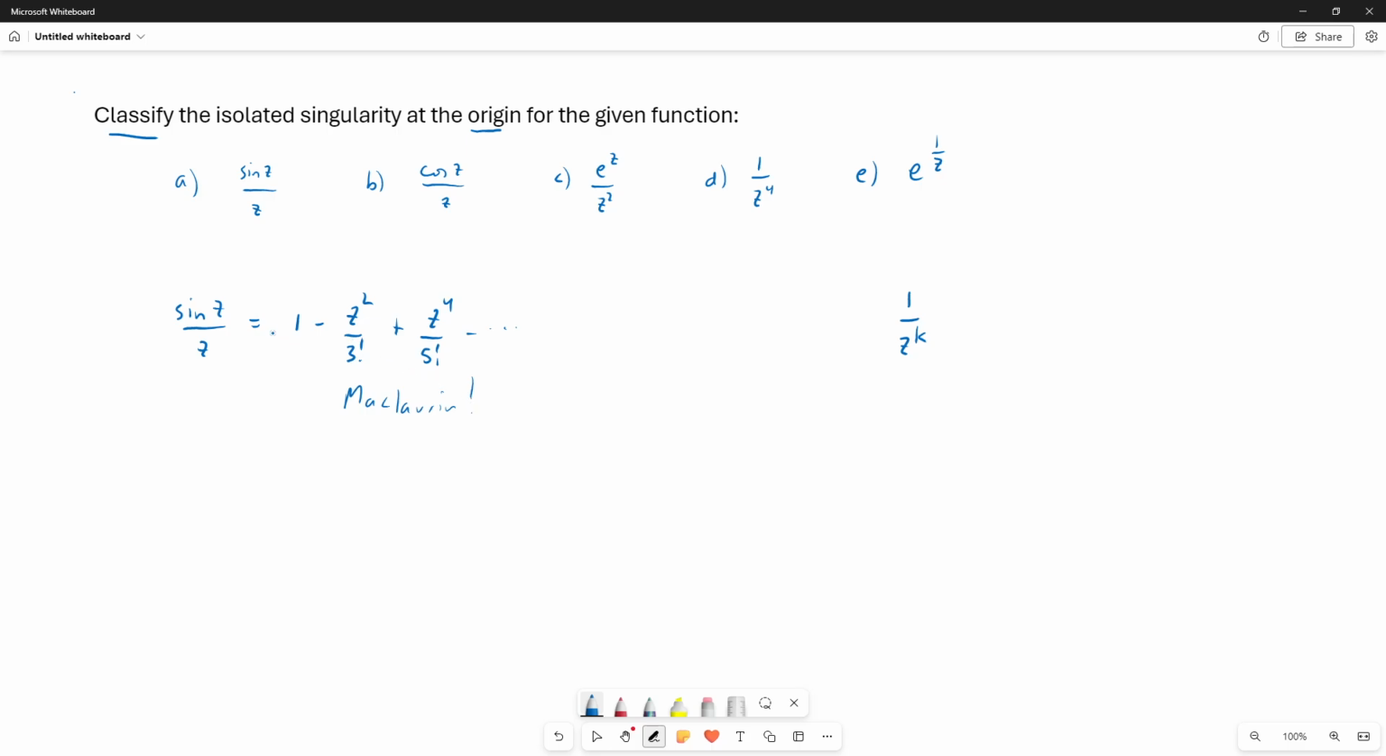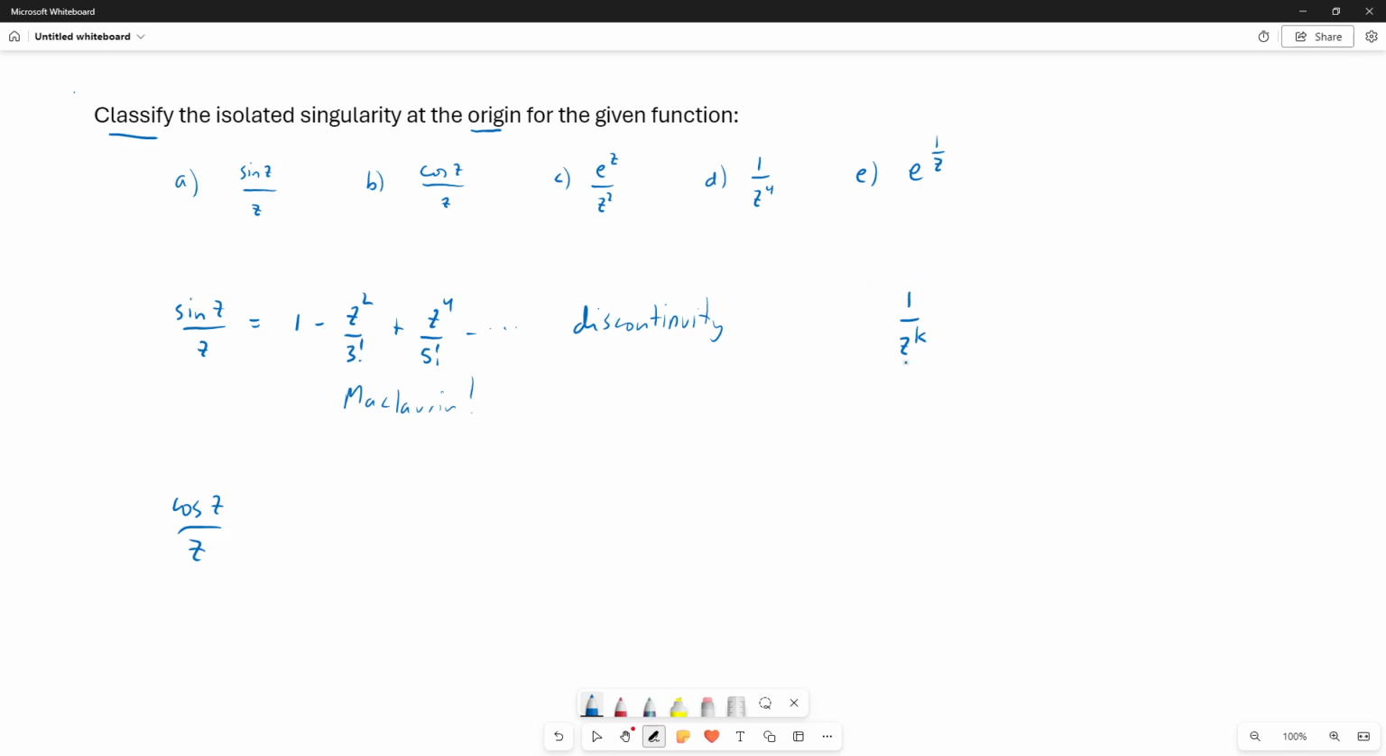which means that there is no pole. There is no pole for this function at the origin. Instead, the singularity is simply a discontinuity at the origin. On the other hand, if we look at cosine z over z, we will get a term